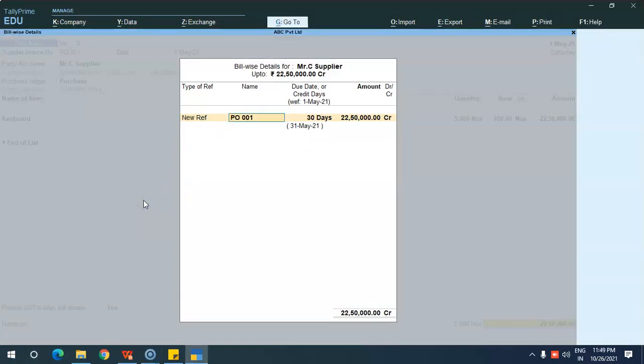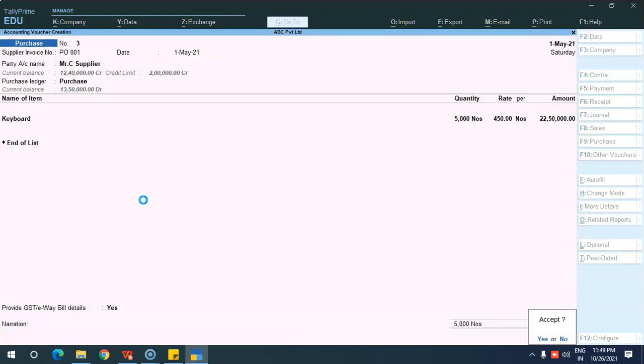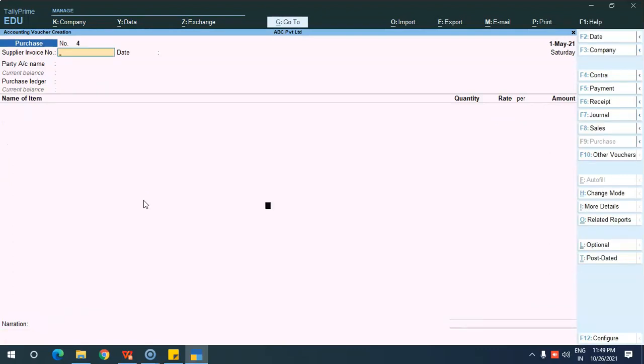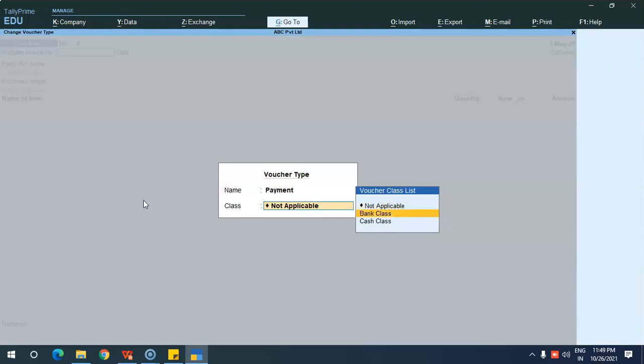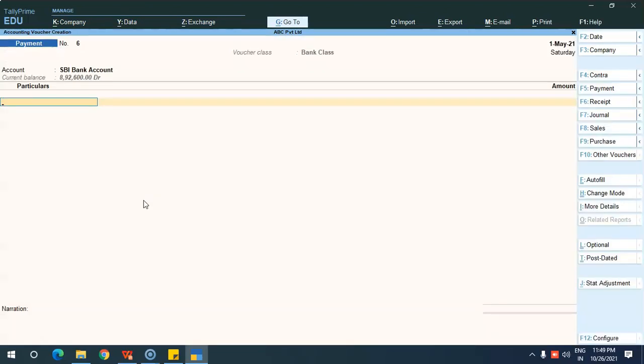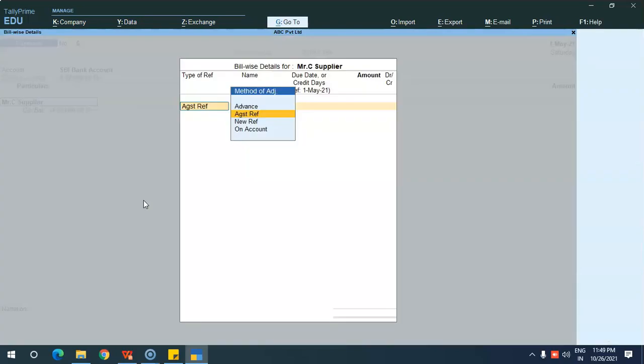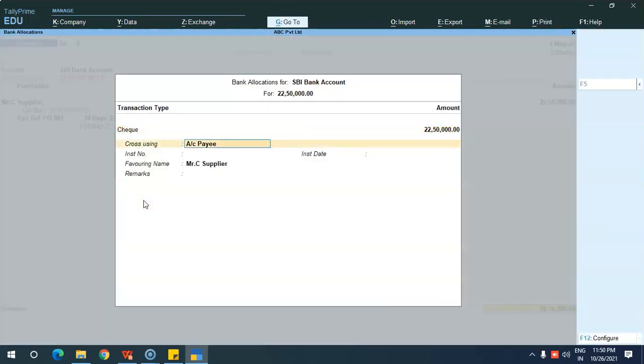So we have accounted the purchase invoice now. So against the purchase, we will be doing the payment. Okay. So this is the process you have to follow.